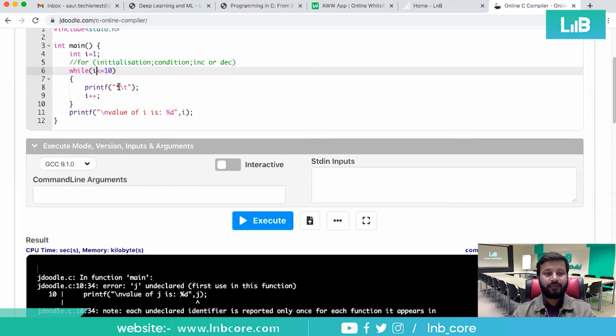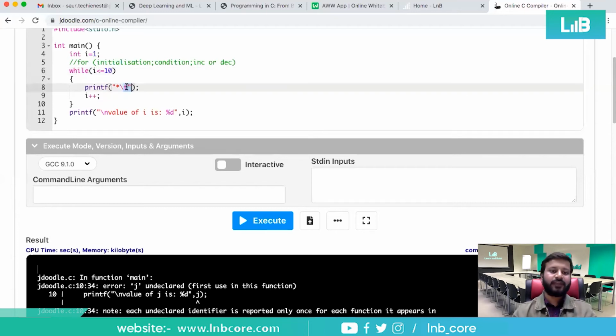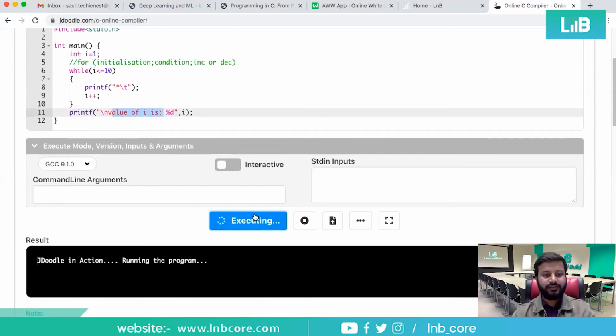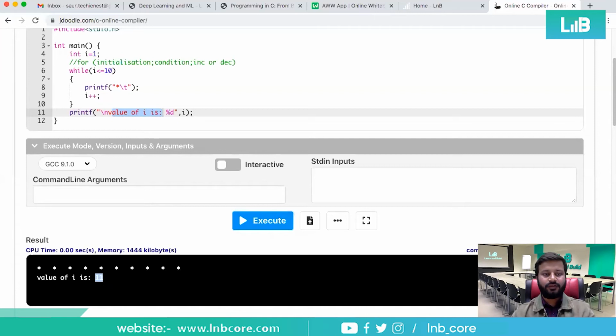star value, and because there was a space using slash t or backslash t, after a space you will print this star once again, and then again and again this will happen till this condition gets dissatisfied. And this will be dissatisfied only when the value of i becomes greater than 10, which means 11, after running it 10 times. Whenever it comes out, the value of i will be 11. So here the value of i will be displayed as 11, right? So let us run this. So i is 11 now.